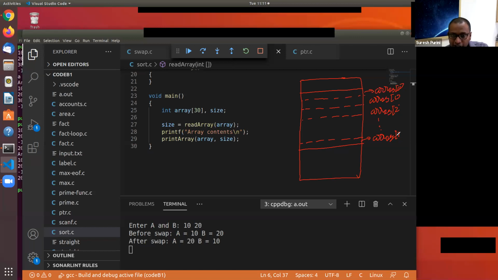The memory for all these elements is laid out consecutively, one after the other, in memory.